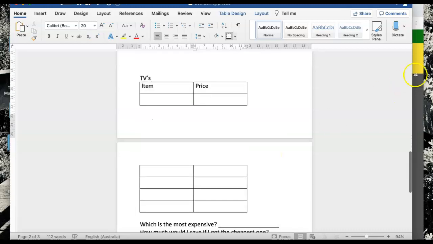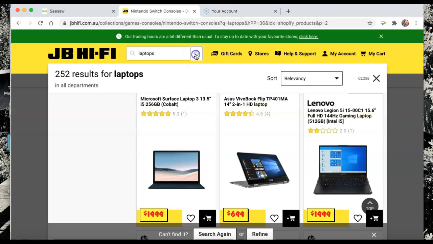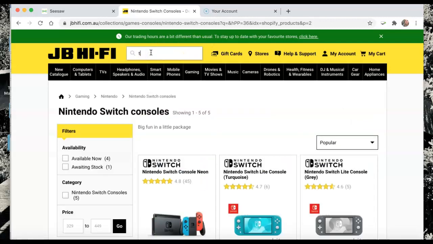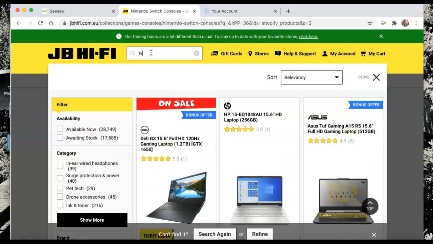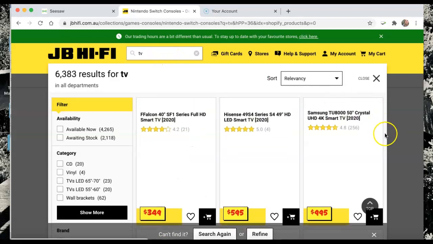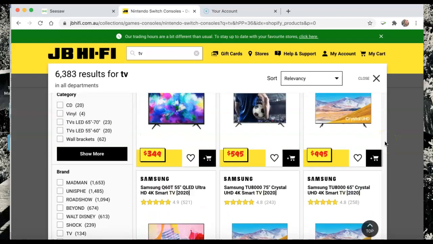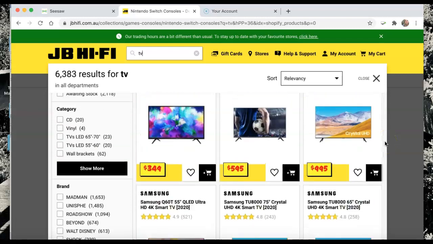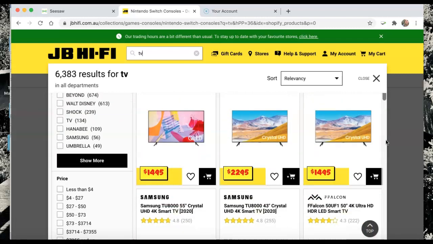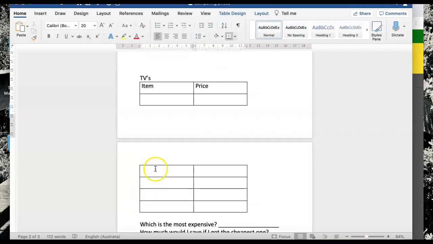The last one you're going to do is compare some TVs. So you can choose whatever size TV you would like. So go to TV and all these TVs pop up for you. So if you only want to use little numbers, then just choose some of these cheaper TVs. If you'd like to challenge yourself and work with some of these bigger numbers, then you can choose some of the bigger TVs. But again, you'll just go to your piece of paper and you'll type in the brand, like